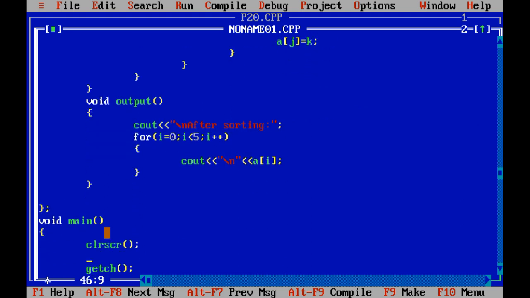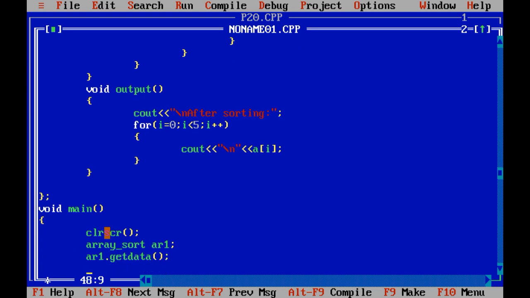Now let us create the object of array sort class, array1. Array1 is the object of that class, and with the object of array sort class we are able to call whatever methods we have declared inside the class.